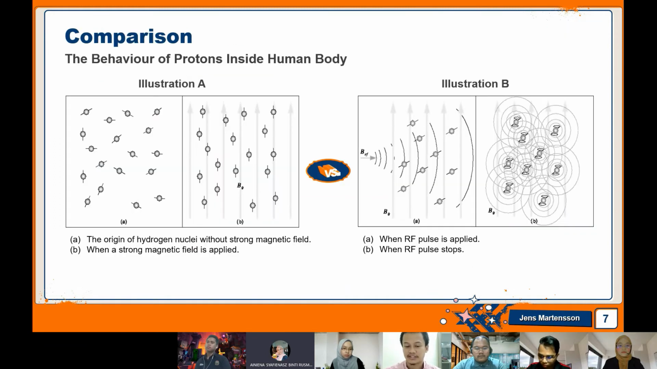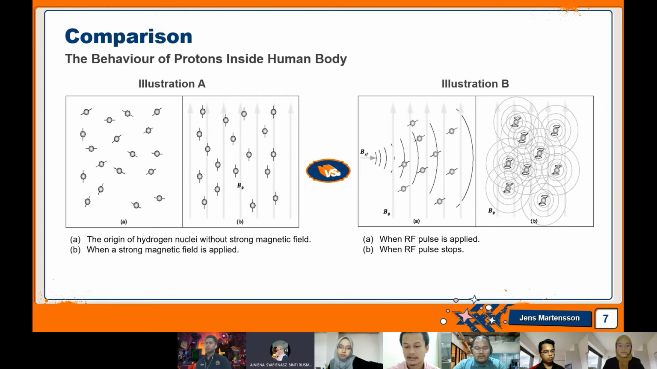In illustration A, at the left side, we can see the origin of hydrogen nuclei without a strong magnetic field, as shown in bracket A. Meanwhile, in bracket B, when the strong magnetic field is applied, the hydrogen nuclei realign about the direction of the strong magnetic field. In illustration B,